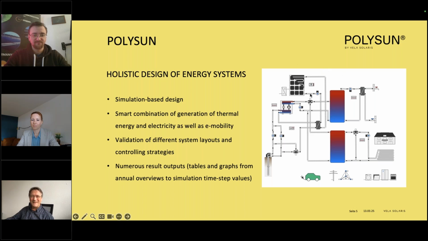So you see here a PVT collector or hybrid solar panel, and that is connected to a system here together with heat pump and a ground source loop, even electromobility and electric vehicle, and all that for a building with floor heating and domestic hot water demand, and of course also the electric energy which is consumed in the household is simulated.